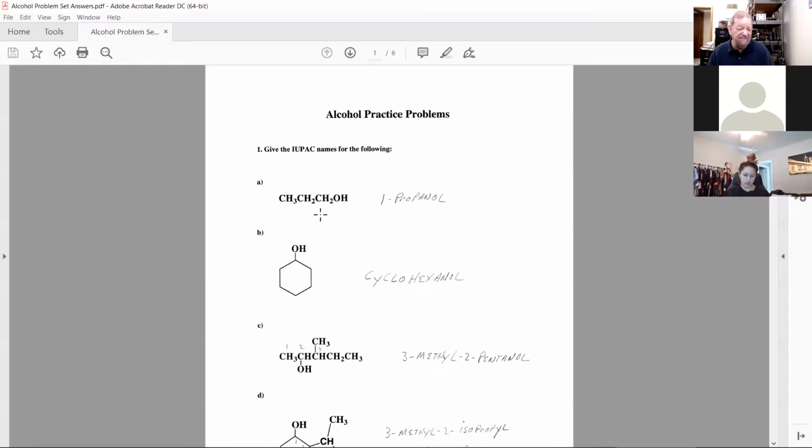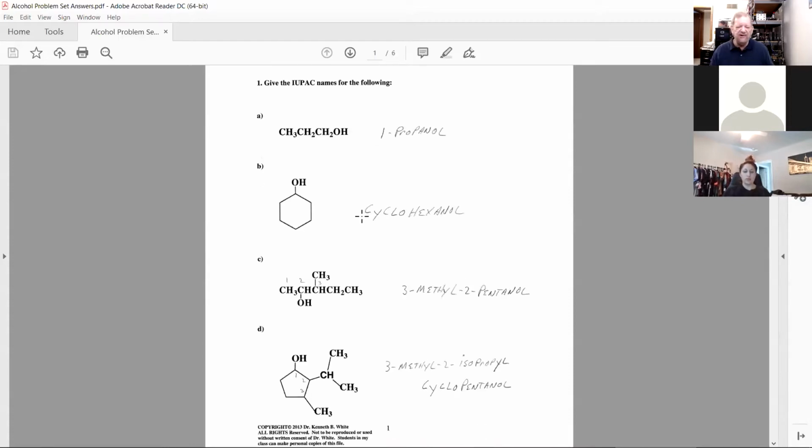So if we look at A, 3 carbons, hydroxyl group, propane, drop the E, propanol. Students forget to put the 1, but you need that because the carbon of the hydroxyl group could be on 2. That's 1-propanol. Now, when you're in a ring and there are no other functional groups, which is what will happen in my class most of the semester, and for alcohols totally,